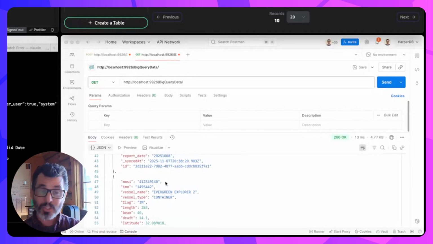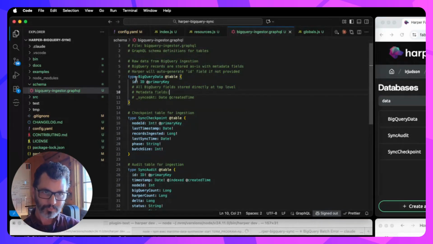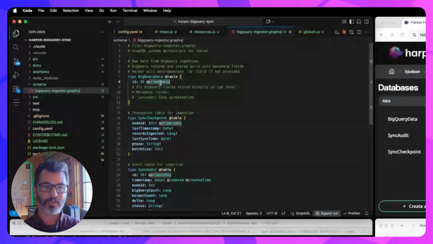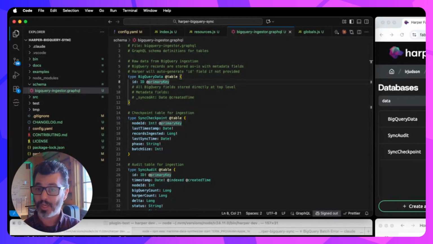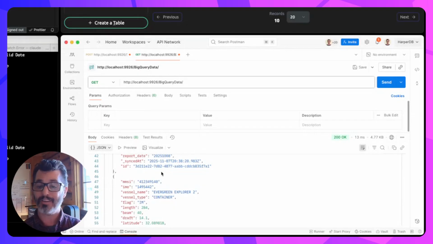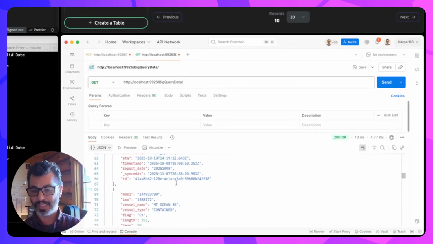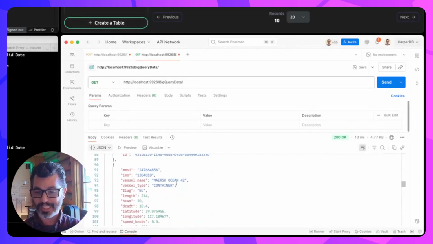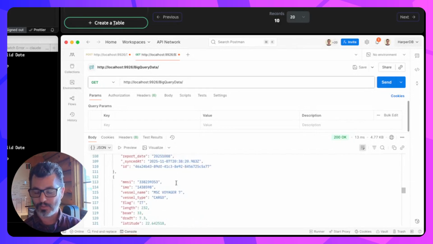It's because I'm using something intrinsic to Harper that is a little bit non-obvious, but really useful. If you look at my schema, all I've identified is one attribute, my ID. That's why this is showing up here. However, I'm querying and pulling all of the data records with all of the attributes, and I'm putting them into Harper, and they are in fact available in Harper with all the various pieces. So they're all there,